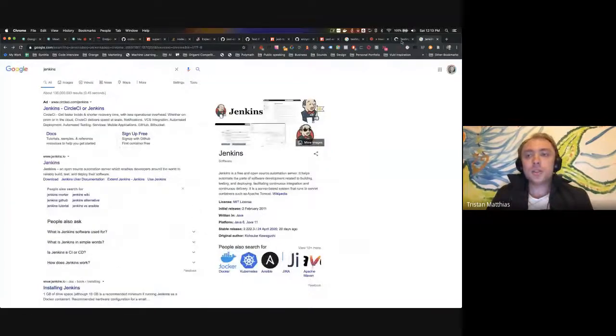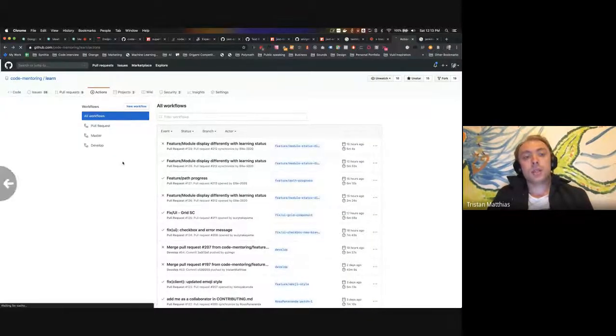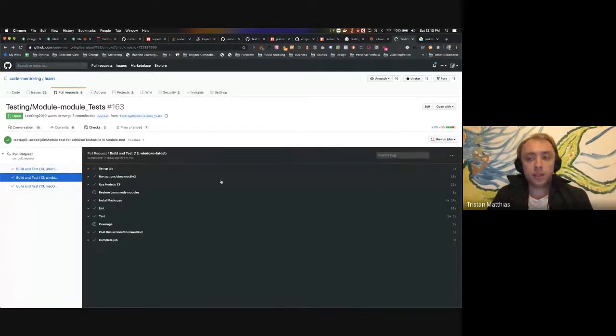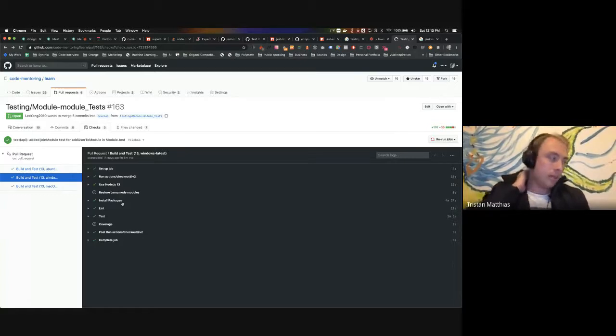So GitHub Actions, I think, if you're starting out, is probably the most beginner-friendly. GitHub Actions has this UI that is integrated into your code. It's really pretty. It's very informational. The way you set this up is very minimal. I would highly recommend looking into GitHub Actions. Another one is